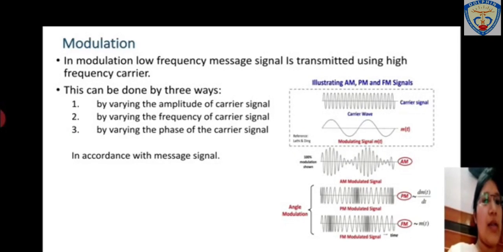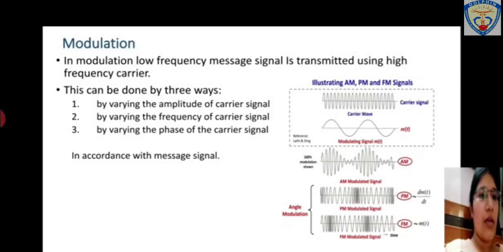Next we have the phase modulation. In this the phase is getting changed whenever there is a change in the amplitude of the message signal. In the frequency modulation, whenever there is a positive half cycle of the message signal, there is a large change in frequency, meaning the frequency is very high, whereas at the negative edge of the message signal we have a very low frequency. The signal is not changing very fast. So these are the different waveforms through which we can understand how amplitude modulation, phase modulation and frequency modulation occur.